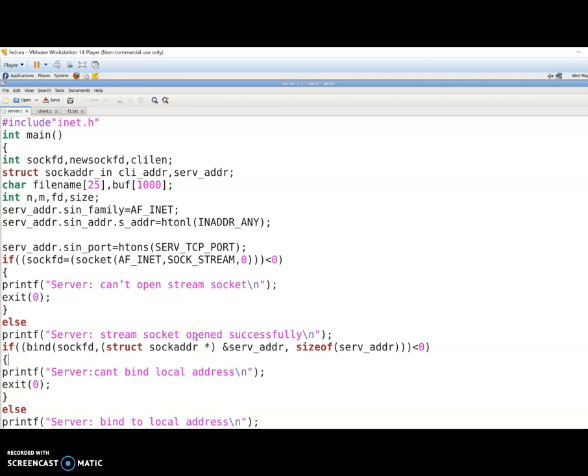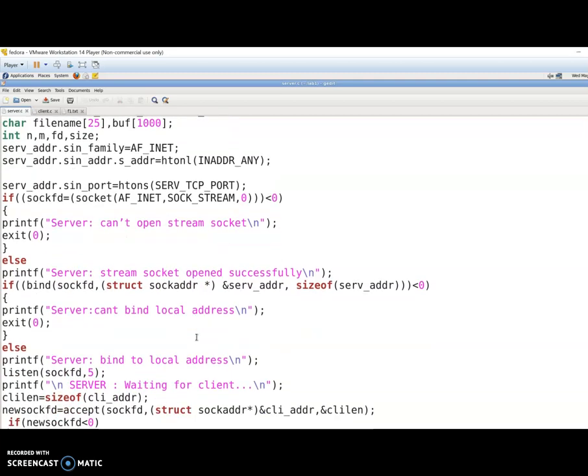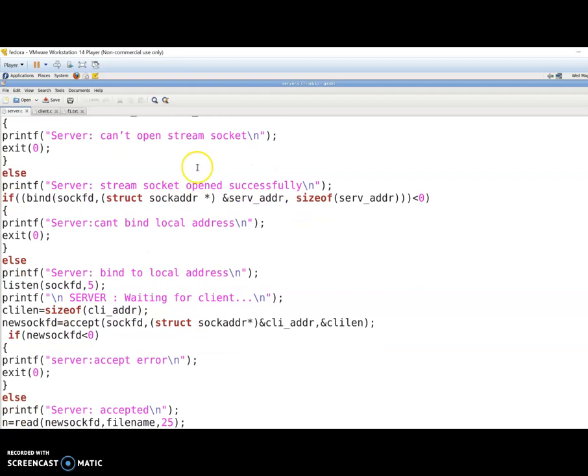The next step is bind. Bind is where we define the address for your socket. For the particular socket, sockfd, which we already created, we now give the arguments: the server address and the length of the address. If it is given, the bind will be connected with your server address. If it is connected, then it goes to the else part, otherwise it will display that bind is not functioning, and it returns an error.